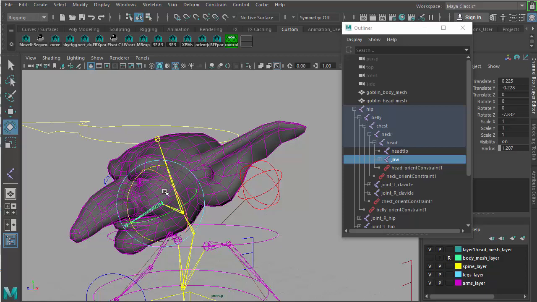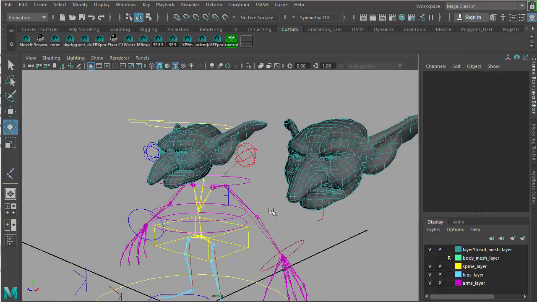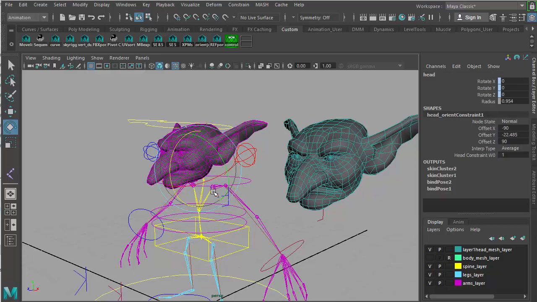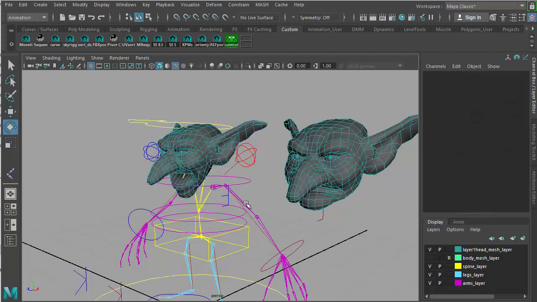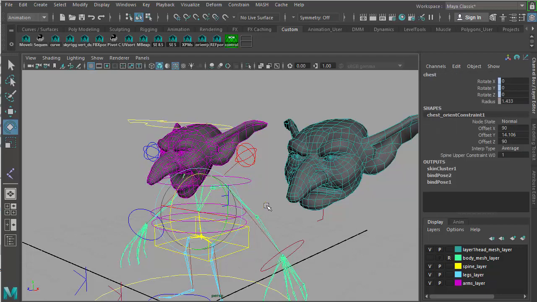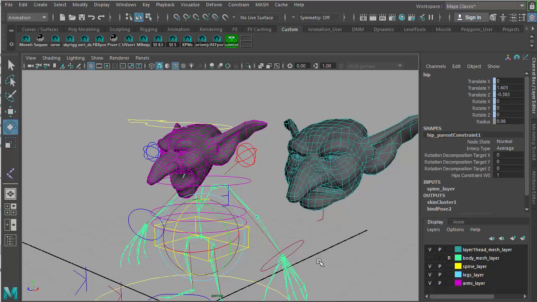But I do want to weight this later. So through the magic of pausing the video, I've gone in and tried to clean things up a little bit with the skin constraints for this character's jaw, so it's not as horrifying. And we now see that the head is controlled by the jaw. And when we grab the skeleton, it colors the head geometry in magenta, signifying that this is now skinned, and